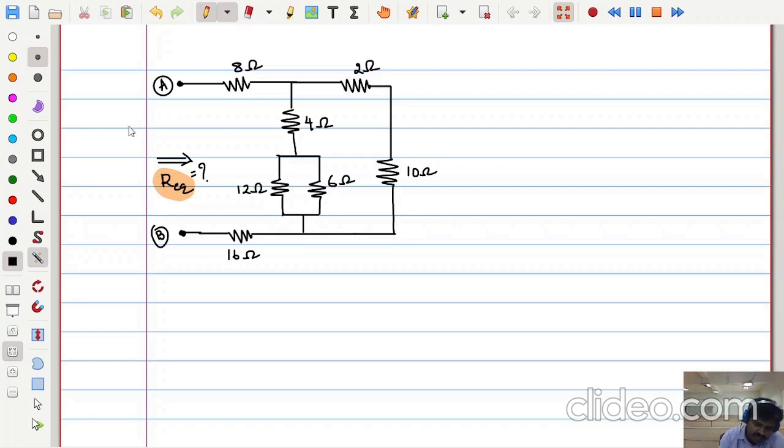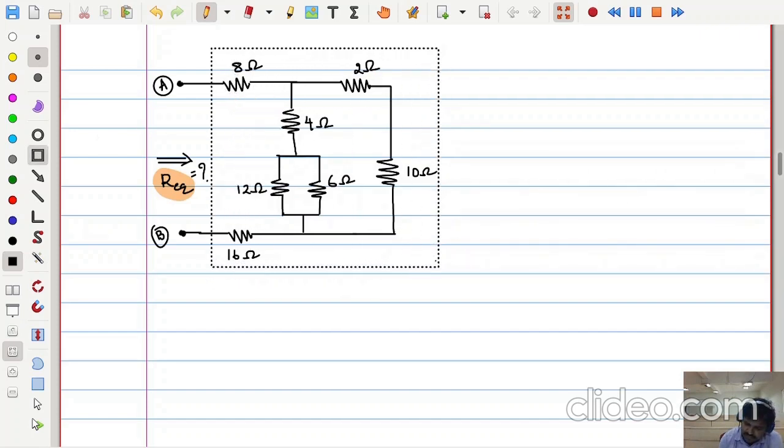That means somebody might be assuming that this entire thing is inside a box. How much is this box resistance? But inside, a lot of them are there, like 8 ohms, 2 ohms, 4 ohms, 6 ohms, 12, like that, which may be connected in different fashion. So now we would like to make all of their equivalent into a single value. That is the network reduction technique, for which we simply try to identify the nodes. Once we get the nodes, we get some clarity.